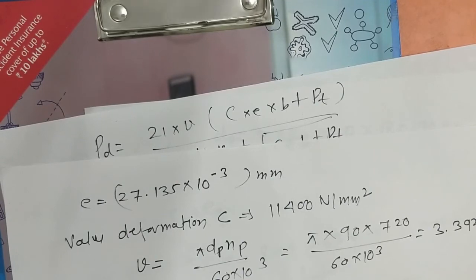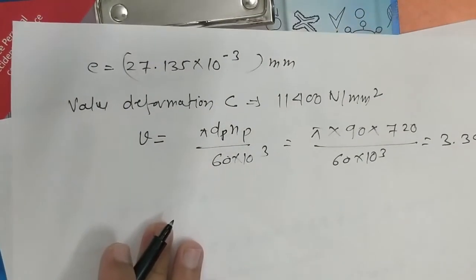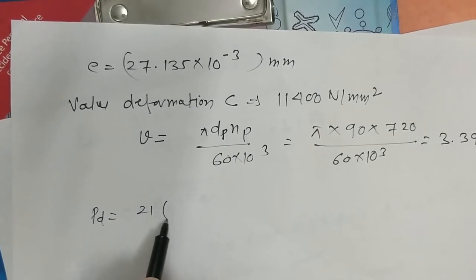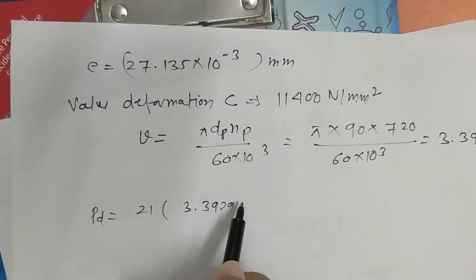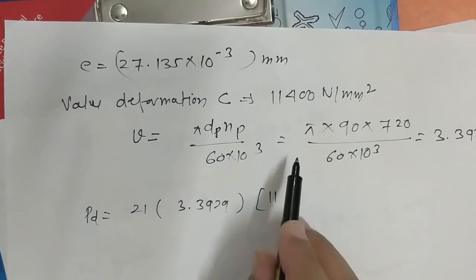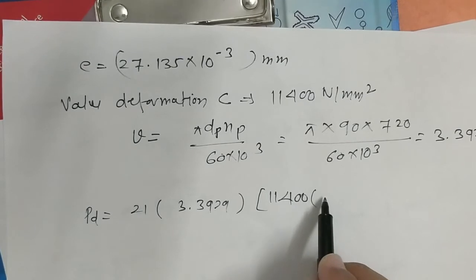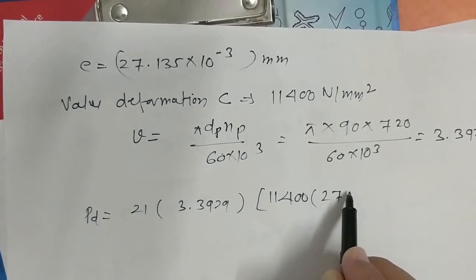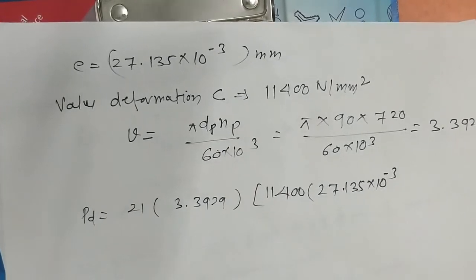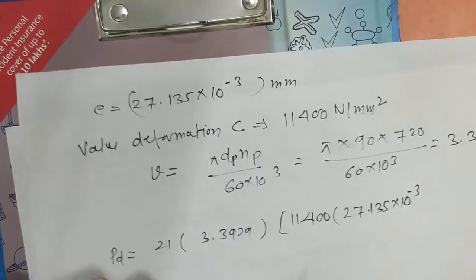So after putting up values, we'll have ED equals to 21. Now pitch line velocity 3.3929. Now C deformation factor 11,400. Now E is 27.135 into 10 raised to power minus 3. So value of E